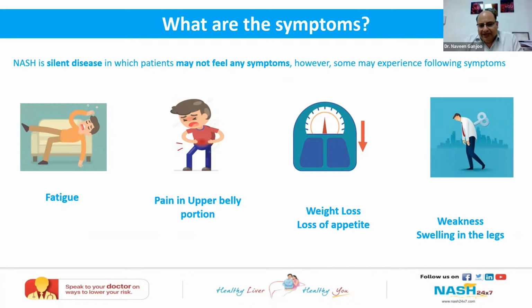Weight loss and loss of appetite. If somebody is losing weight and they're not feeling like eating, there is something not right with them, and it can also be because of liver disease. Weakness, as I just said, as the day progresses, by evening you're weak, and this can have many causes. But all these people who have these issues should be evaluated for fatty liver, or they may have already progressed to NASH, and need to be seen by their liver doctor,